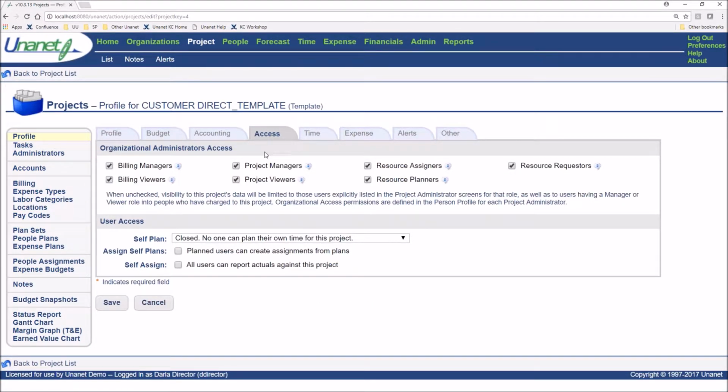But something that's really important on this Access tab is that I want to make sure that I am not allowing my end users to assign themselves or plan themselves. So on my template, these boxes are unchecked. And that ensures that I'm not going to allow someone to inadvertently plan or put time or expenses